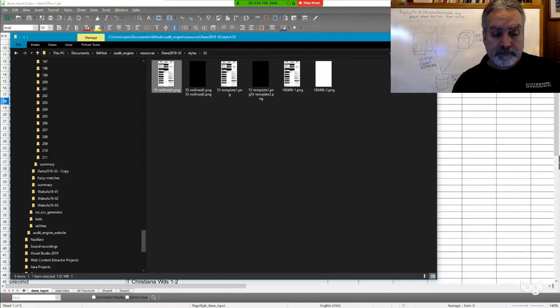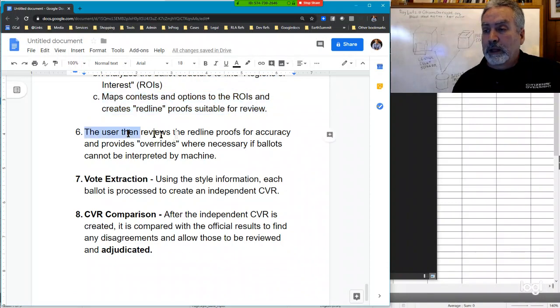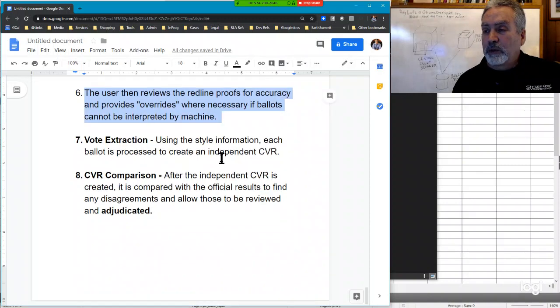The next step is that after the red lines are reviewed, then we can say, yeah, we paired up what's on the ballot with what we're going to have the machine decode. Then we can go through vote extraction. What the vote extraction does is based on those red lines where you saw each little mark, it takes each ballot and it reads the